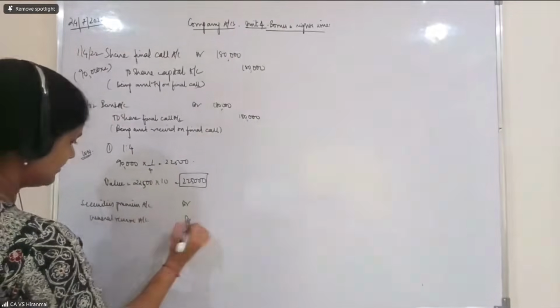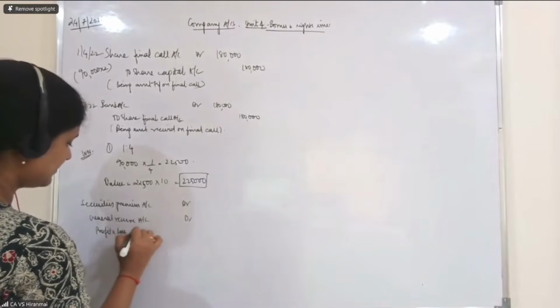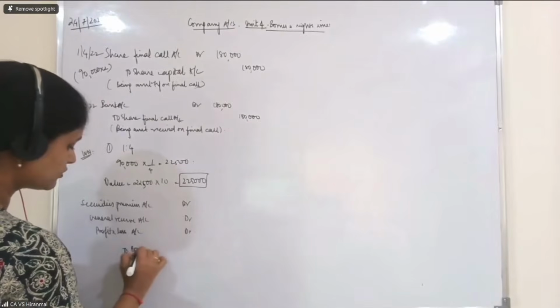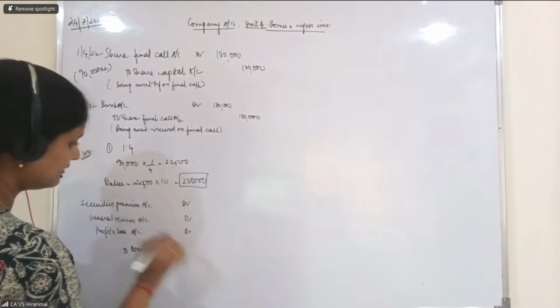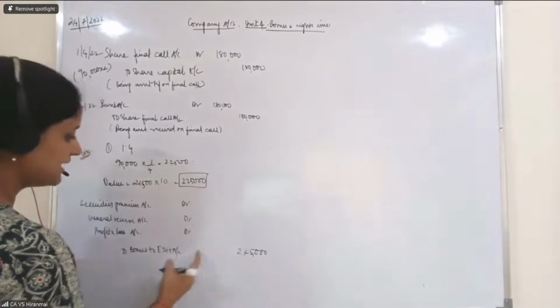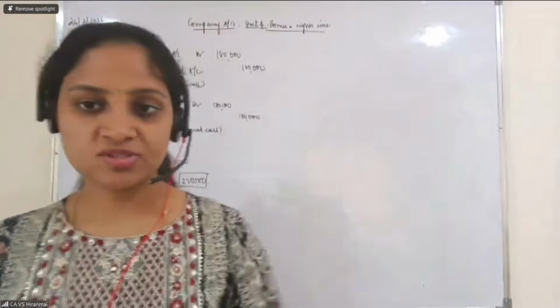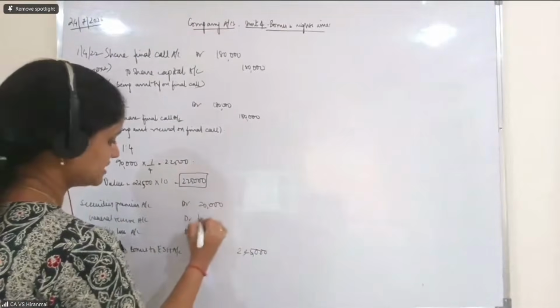If anything over and above, it will come from the profit and loss account. So, first itself, I am writing all the three things together. To bonus to equity shareholders account, 2,25,000 will come, and from here securities premium. The value of securities premium, how much was collected in cash? Securities premium 20,000 collected in cash, then we go